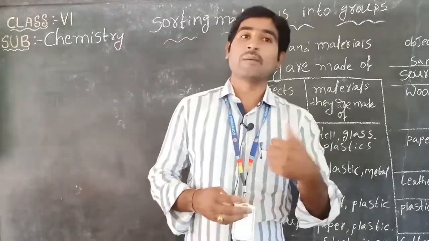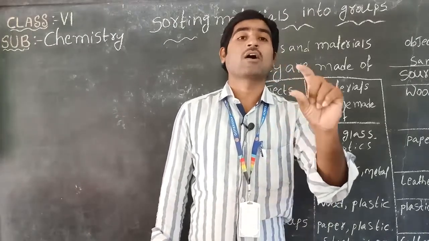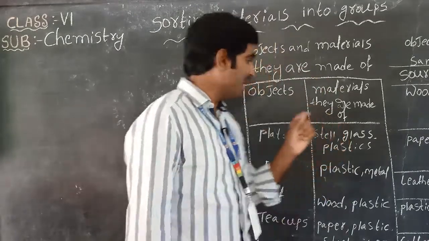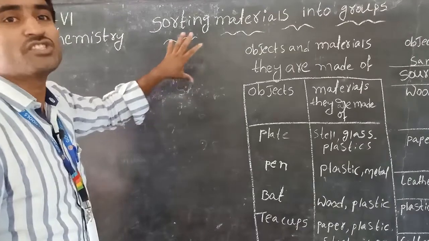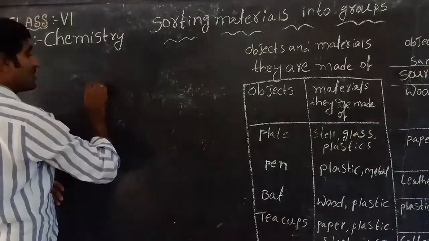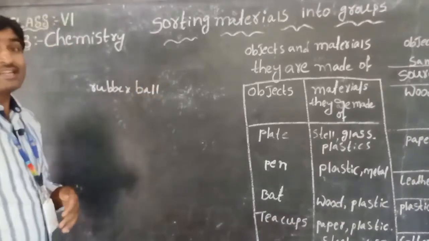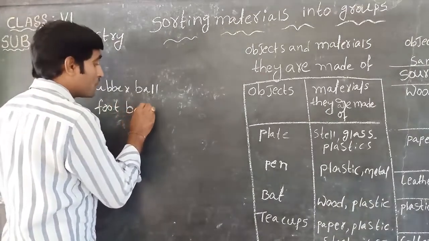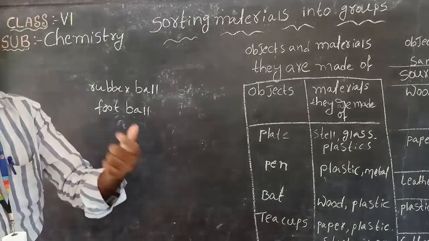First, make a list by identifying your objects. Make a list of the objects which are present in a rounded shape. First identify the objects which are round in shape and make a list. What objects have you identified which are round in shape? For example, the first choice is a rubber ball, which has a round shape. One more example is a football, which also has a rounded shape.